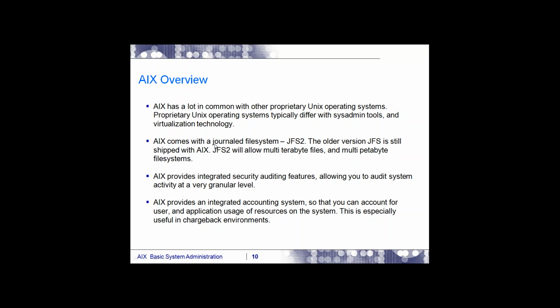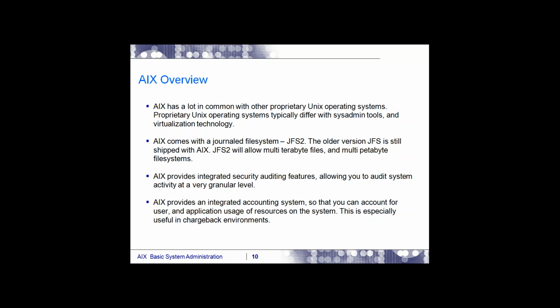And AIX comes with a journal file system. This is one of the beautiful file systems that you never see in any other file system. People don't know how to increase a file system. In AIX, the JFS file system allows us to increase the file system.